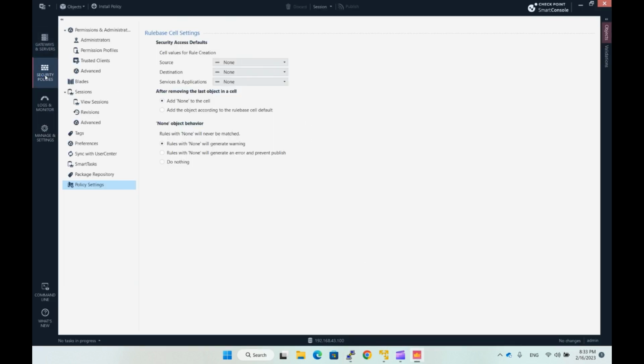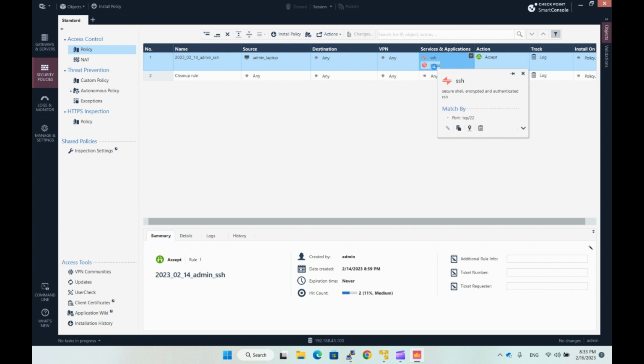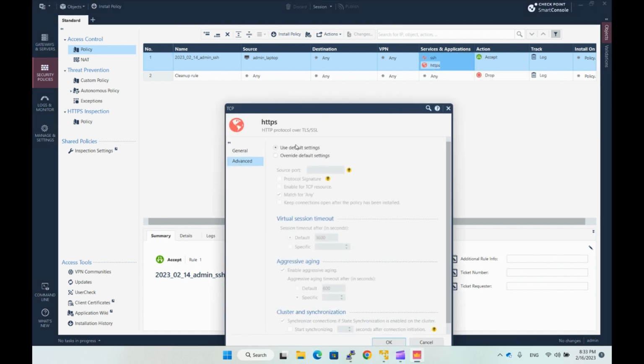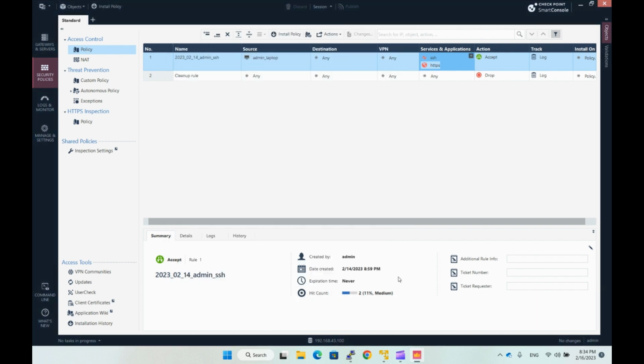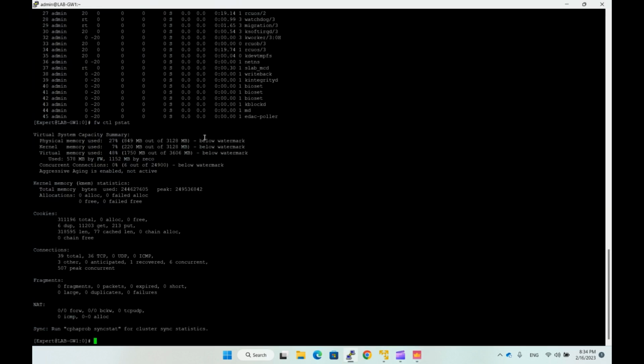How can we check it? We can go to security policy, we can check some service, for example HTTPS, go to advanced, and here we have aggressive aging. We see that it is enabled, and there is a default timeout for aggressive aging to expire this connection, and that may be specific. The default timeout, TCP session timeout, is 1 hour, and it is just 10 minutes in case aggressive aging is enabled. Aggressive aging by far is one of the most common